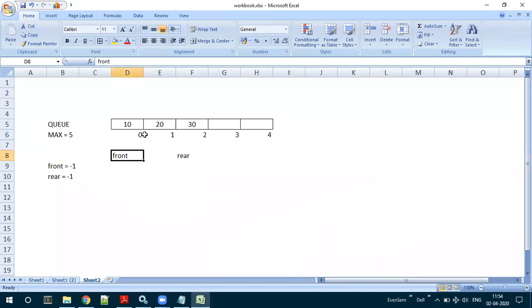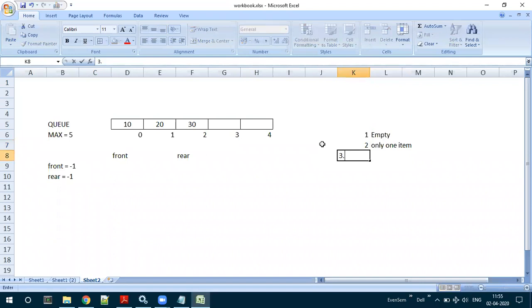Now, in deletion there could be a total of 3 scenarios. The first scenario is when the queue is empty. The second scenario is when the queue contains only one element or one item.